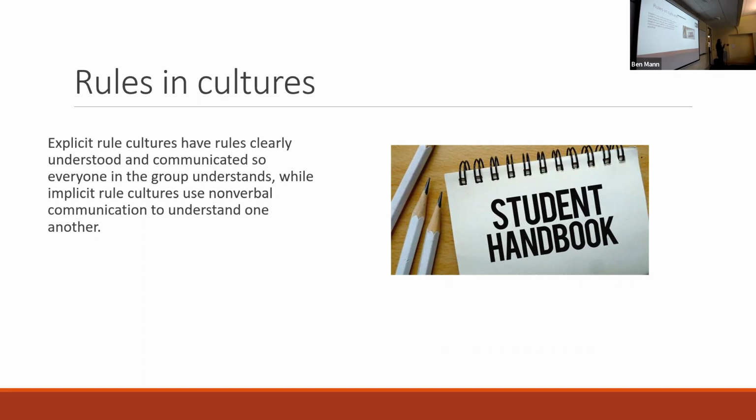If you think back, a low context culture is generally a culture where people say what they mean. There's less nonverbal communication conveying meaning. It's a lot more direct and translatable one-to-one. So in explicit rule cultures, you might be a part of a club and they might have a handbook, right? Or perhaps you and your roommates have a whiteboard or something taped on a refrigerator door that lists all of the rules and expectations of how the roommates are supposed to behave, manage daily tasks, tidying, and so forth.